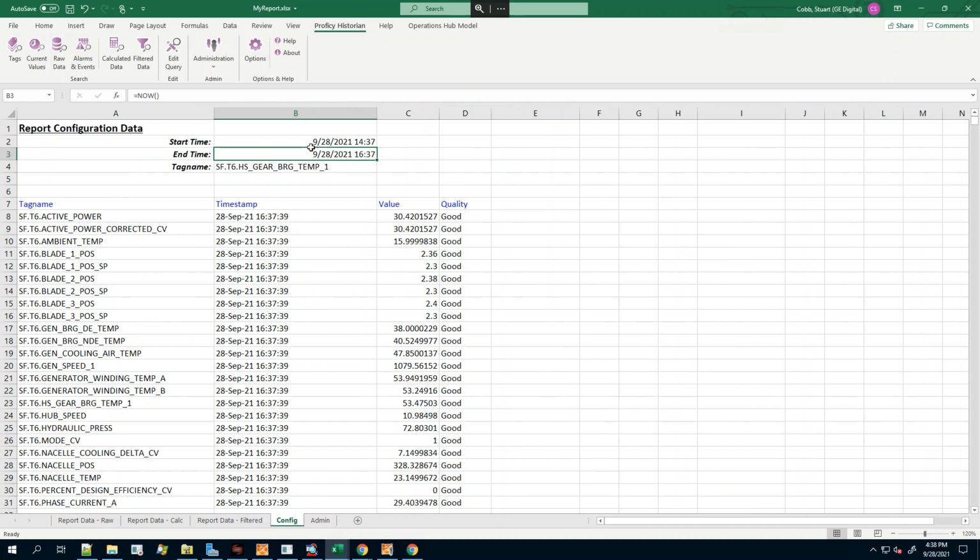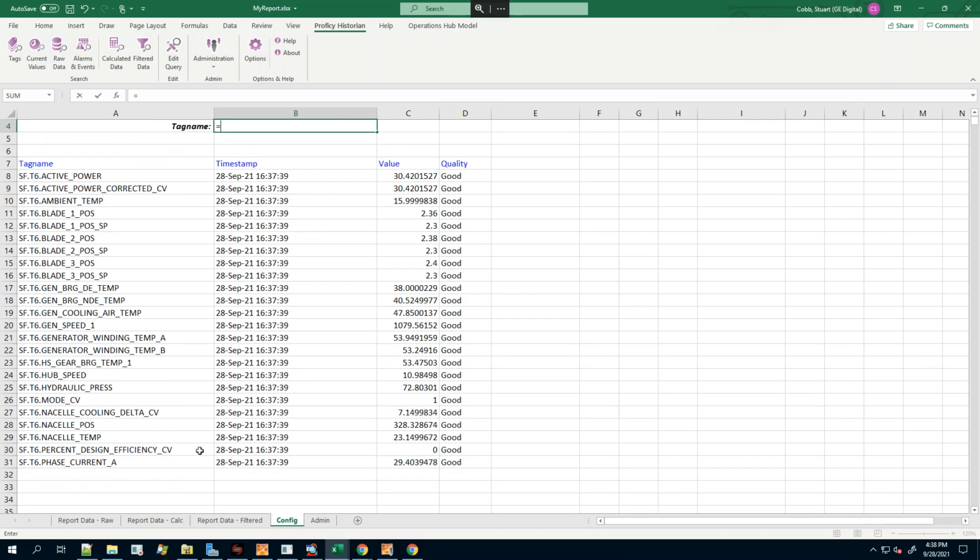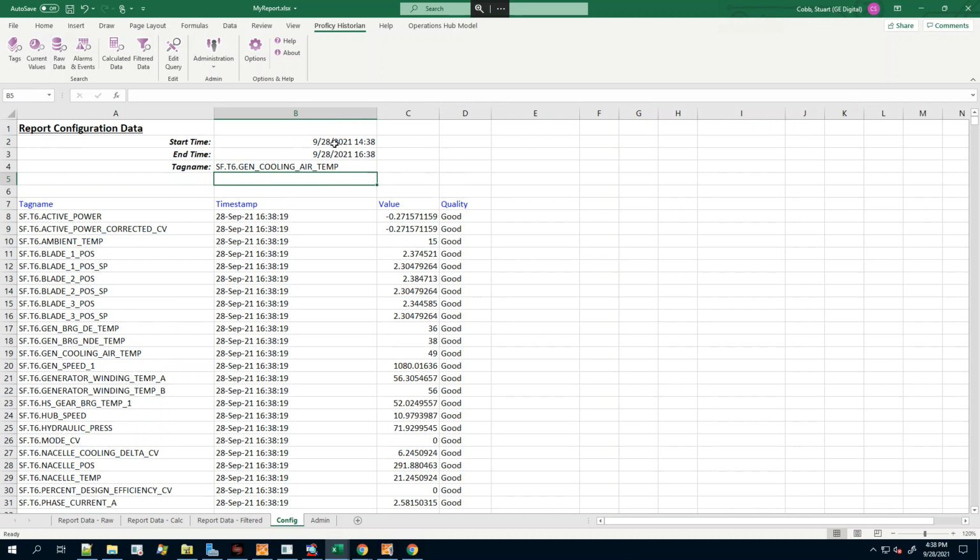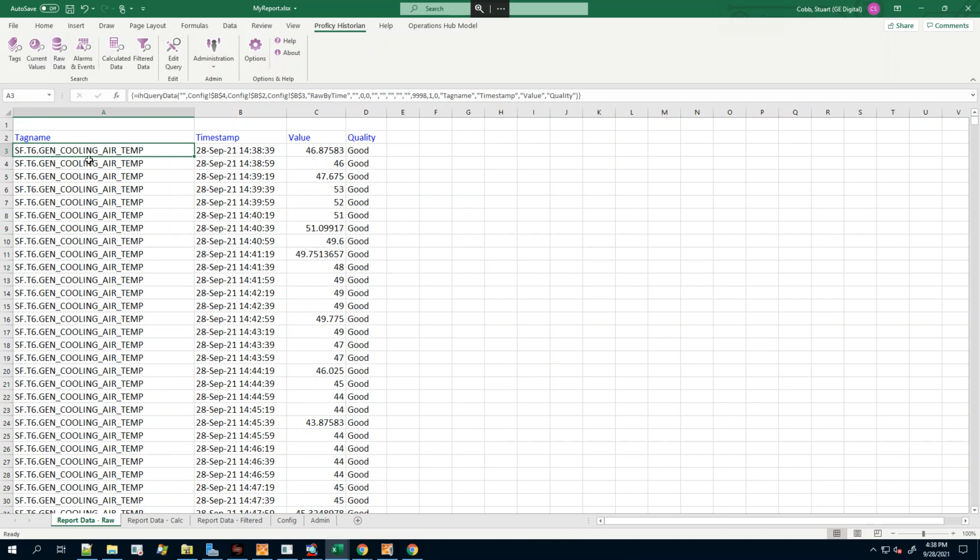So these are now acting as variables in my query. The other thing I can do here, in addition to changing the start and the end time, is change the tag that I'm looking at. So let's look at the generating cooling air temperature. Enter, select that tag, hit enter. So I now have 2 hours of data for that cooling air temp tag. And you can see we've got data for that tag over that last 2 hour time period. So this is a real simple way for you to configure a query to pull in data from the historian